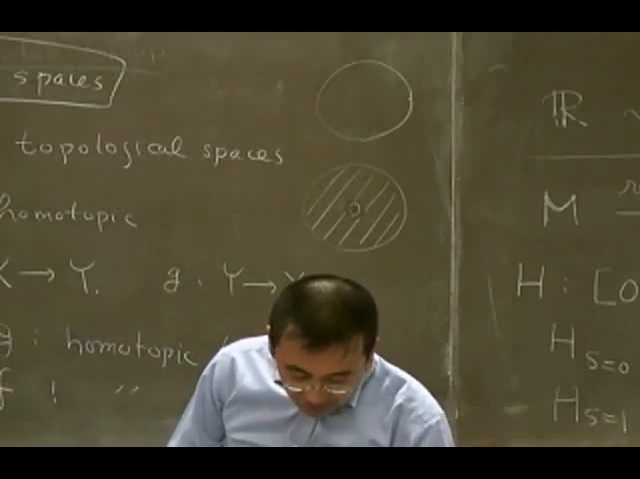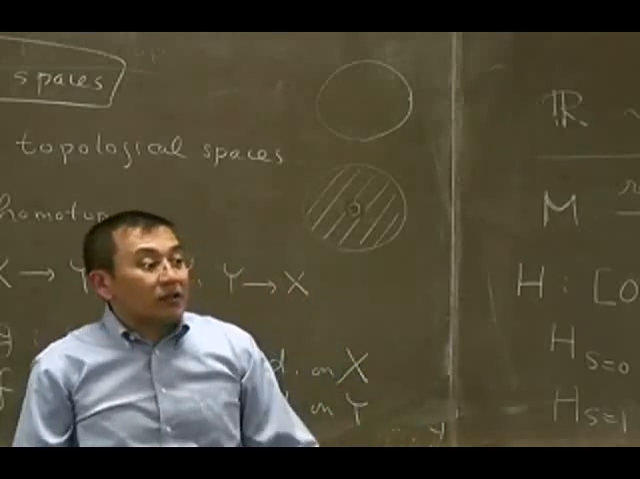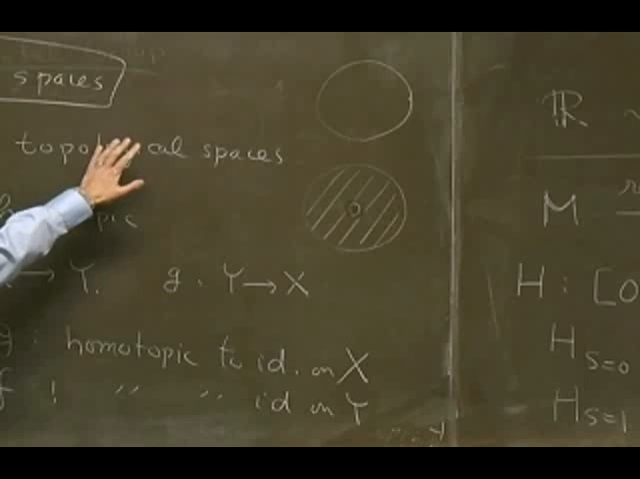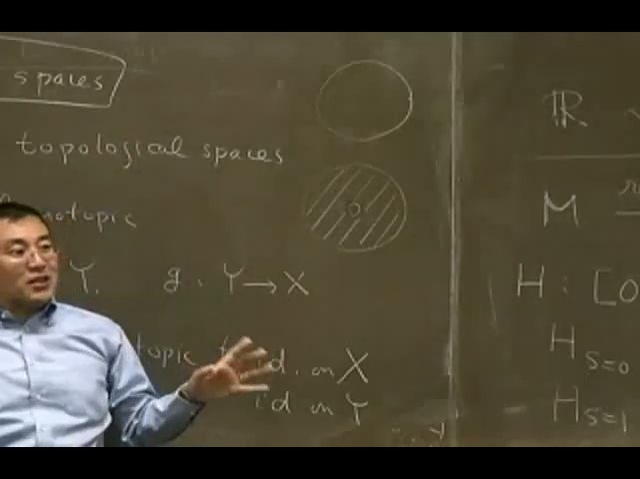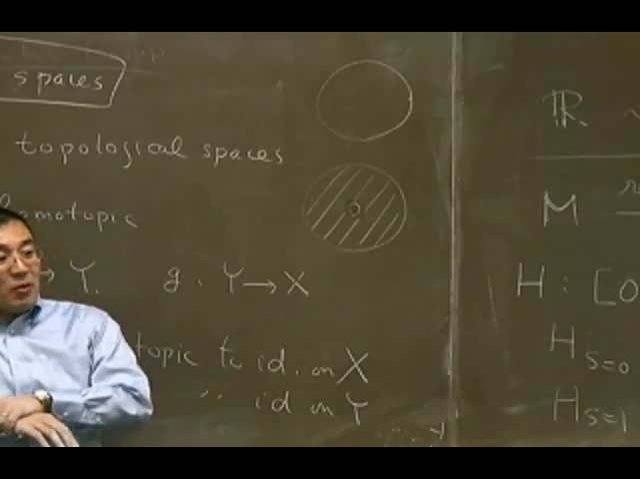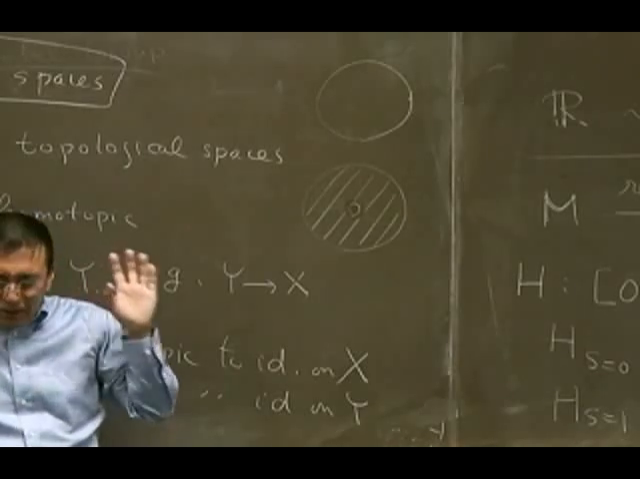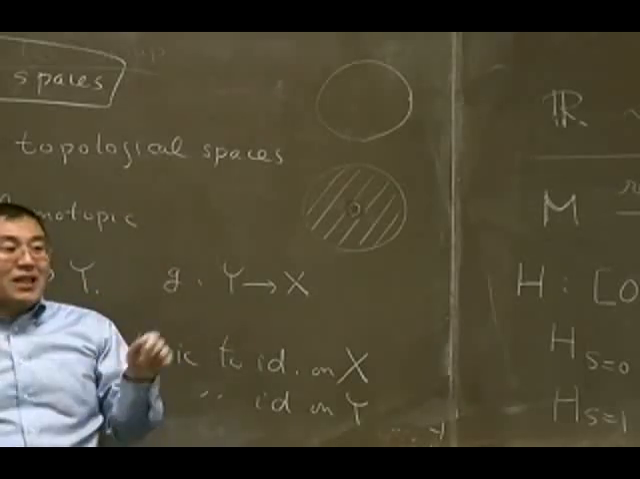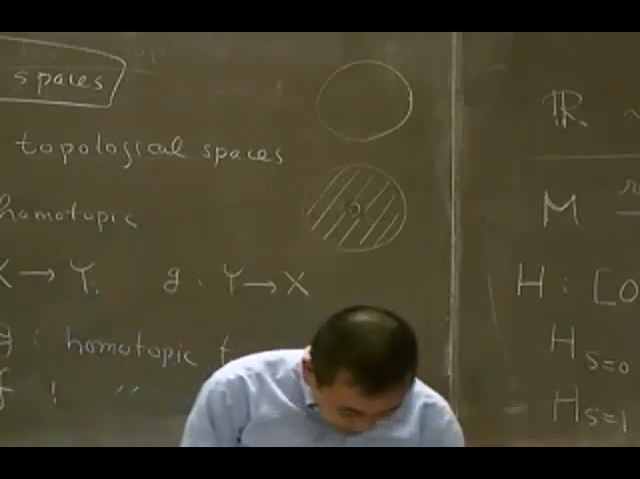The reason I'm talking about homotopy classes of spaces is that homotopy groups are exactly the ones that can detect this kind of homotopy type. One can show that if you have two topological spaces with the same homotopy type, then they have the same homotopy groups. So